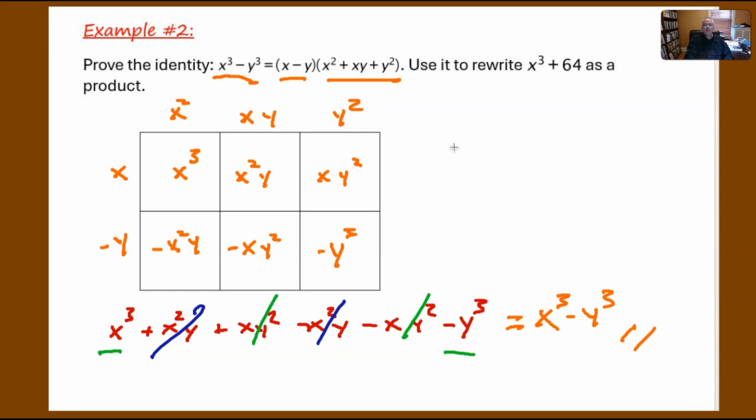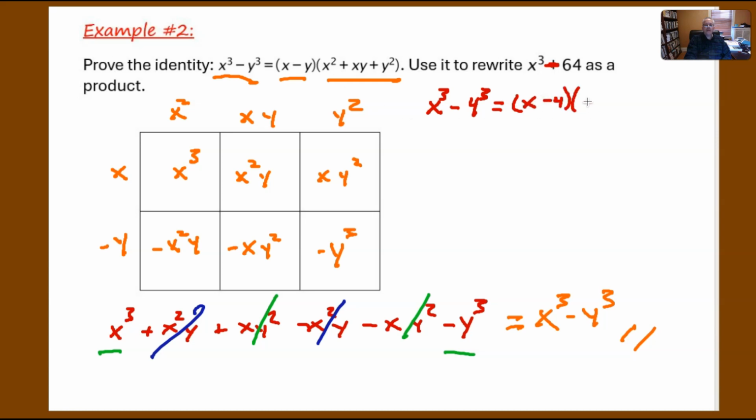We're supposed to rewrite x cubed, this should say minus 64 as a product. So this is x cubed minus 4 cubed. 64 is 4 to the third power. So here we have our difference of cubes. x is playing itself, and y is equal to 4. So we could rewrite this as x minus y, that'd be x minus 4,